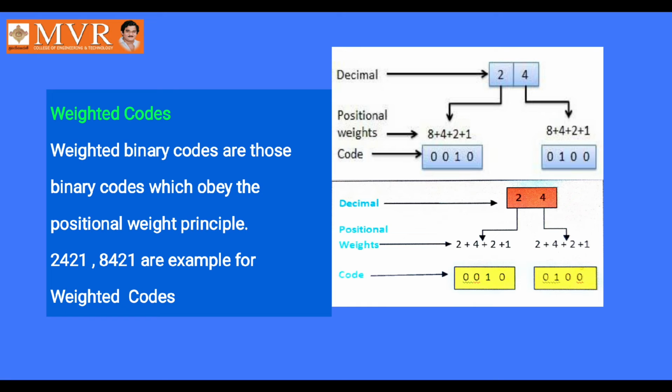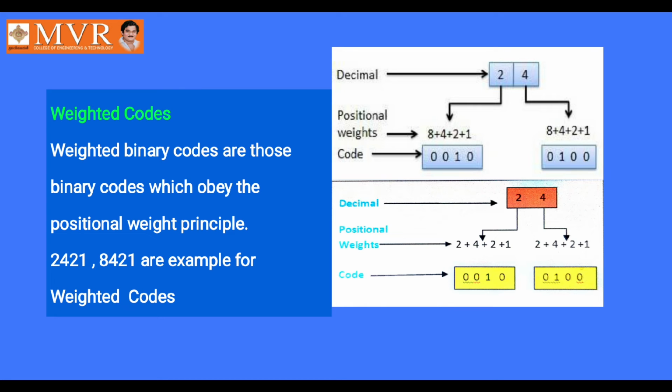When we are trying to convert a binary number to decimal, we used to multiply each position value with the powers of 2. Yes or no? Like that, here also if you see 8421, 4 positions are given, and the code is 0010. You just see 0 into 1, 0. 2 into 1, 2. 4 into 0, 0. 8 into 0, 0. So 0 plus 0 plus 2 plus 0 is equal to 2. That way we get 0010 as the binary equivalent for 2.